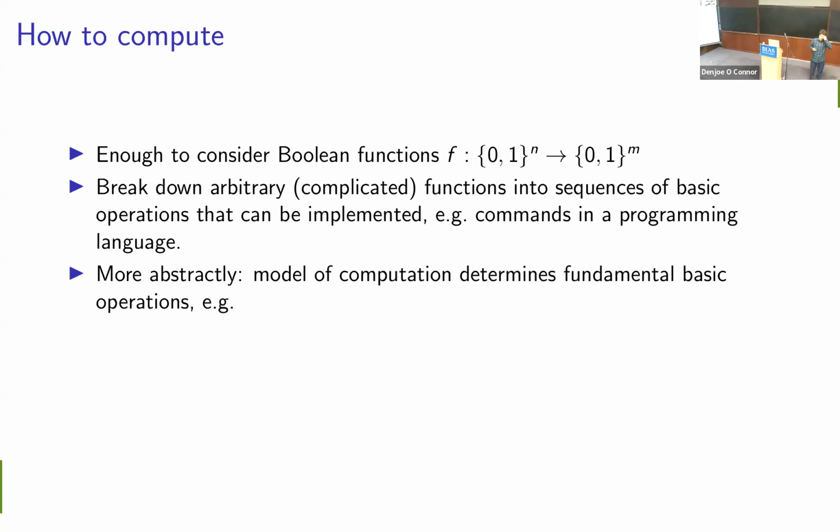And more abstractly, we can think about different models of computation that tell us how a computing device works and what the basic operations are that we've got available to us. A standard model of computation is, for example, the RAM model, so random access memory. It's still somewhat abstract, but it's closest to the way a standard computer works. We've got this block of memory where we can access the memory wherever we want at any time.